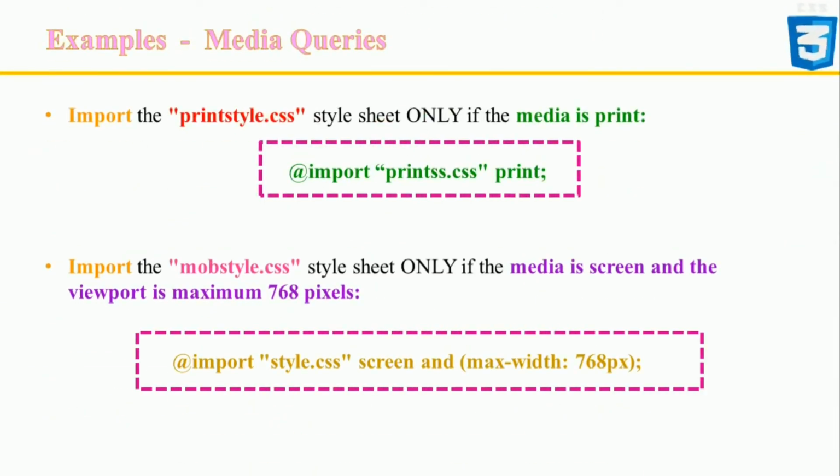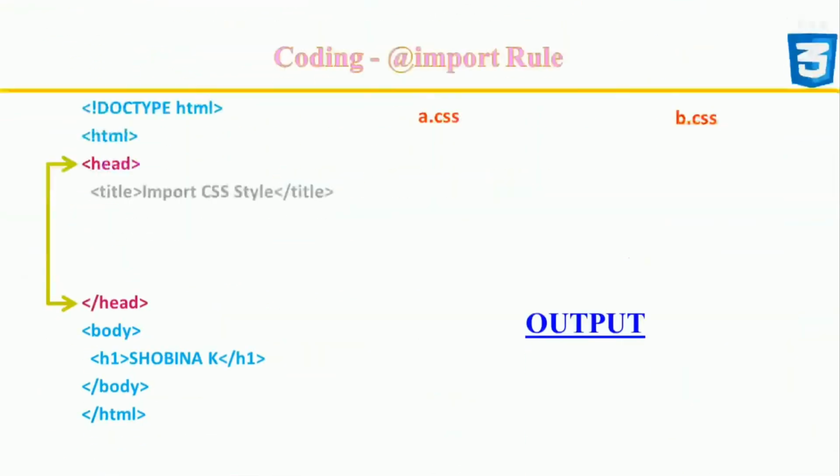In this example, the style sheet will only be imported if the media is print, that is the document is printed out, or the user is print previewing it. And in the second case, the style sheet is applied when the page has a width of 768 pixels or less. Any HTML element that uses a styling from the style sheet will not be applied until the condition is met. In this example, we are calling the style sheet.